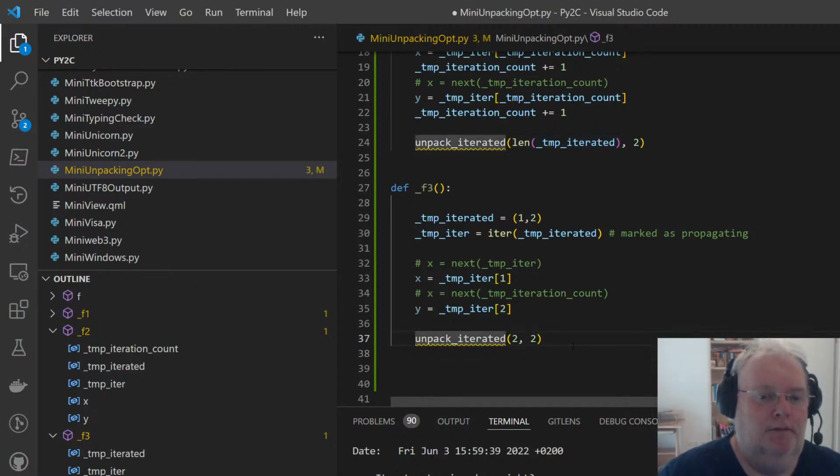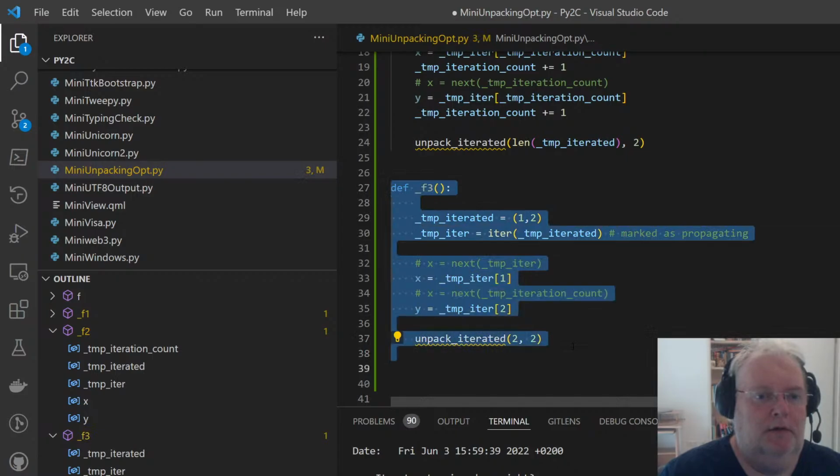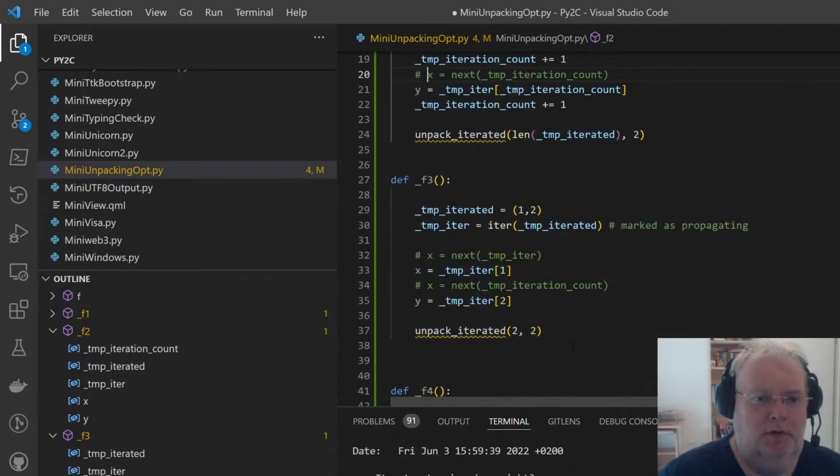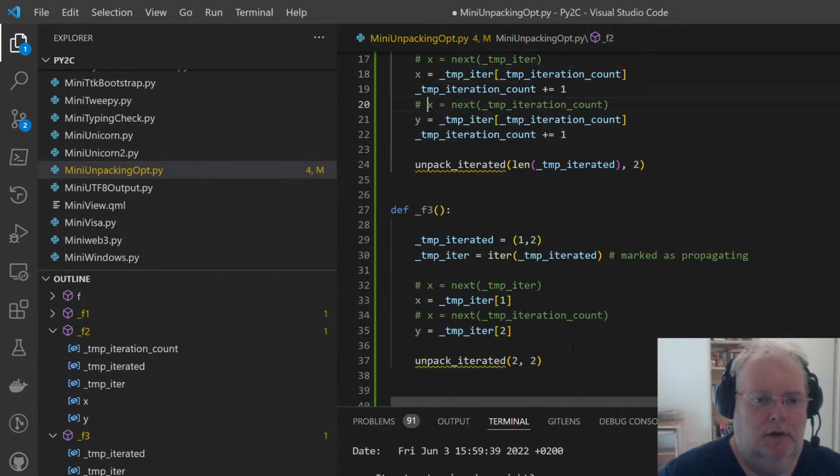And as you can see, this one becomes optimized away. And the next step is like this. x equals 1, y equals 2. The iterator is being removed because that has happened before.